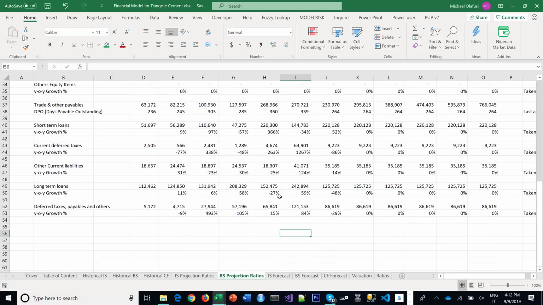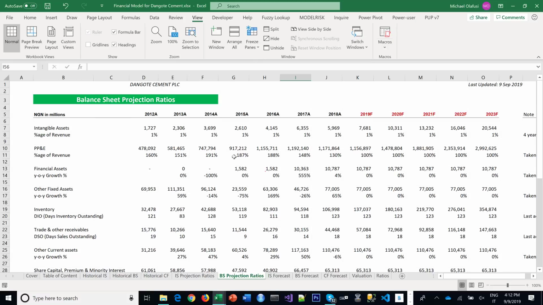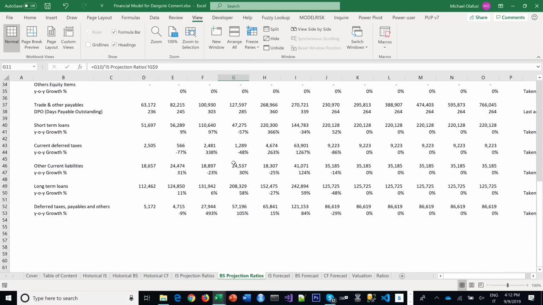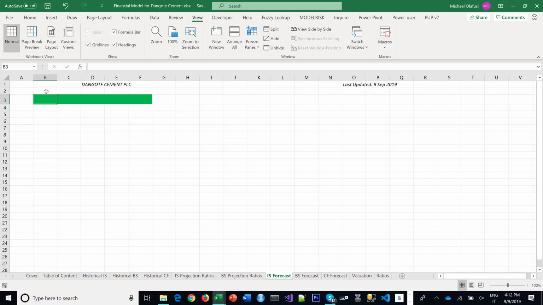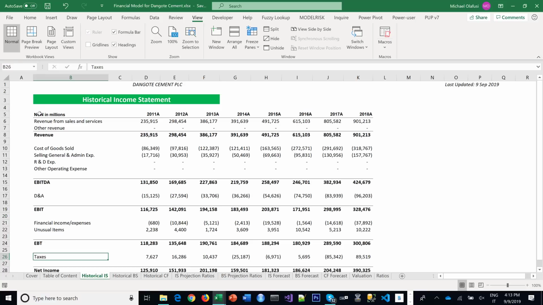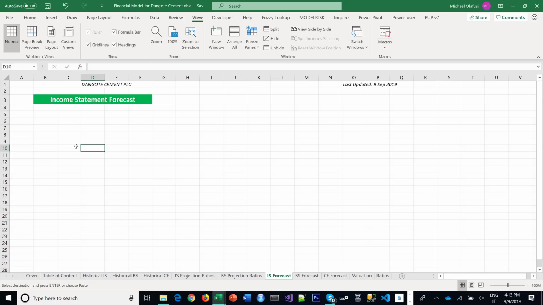Okay, so I'm done with the income statement projection ratios, and like I already told you, I like to turn off those busy lines so it looks a lot nicer. And then with this we can do our income statement, our financial statement forecast. So let's start with income statement forecasts, and to make my life easy I can pick everything as it is here, bring it here,